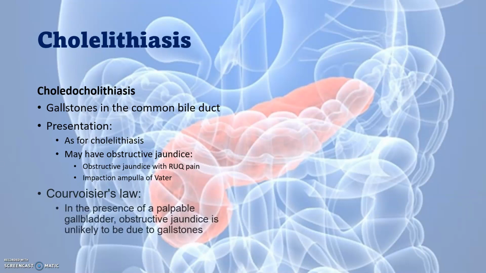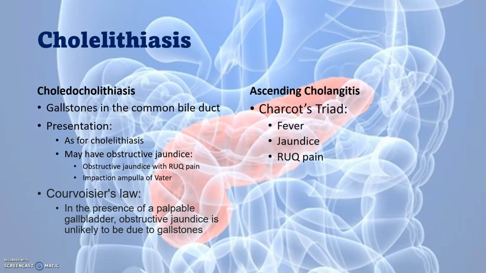Courvoisier's law states that in the presence of a palpable gallbladder, obstructive jaundice is unlikely to be due to gallstone. So when you have a patient with obstructive jaundice, if you can palpate the gallbladder, it's unlikely to be due to gallstones. Ascending cholangitis is an infection of an obstructed biliary system, and the triad of clinical features includes fever,